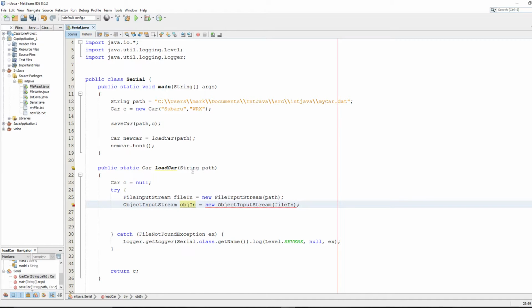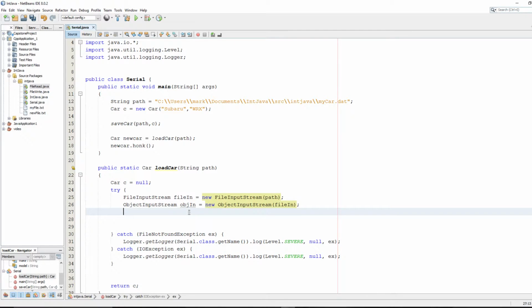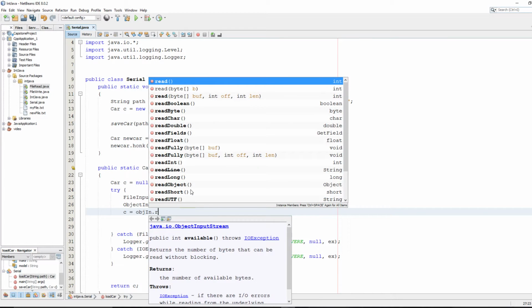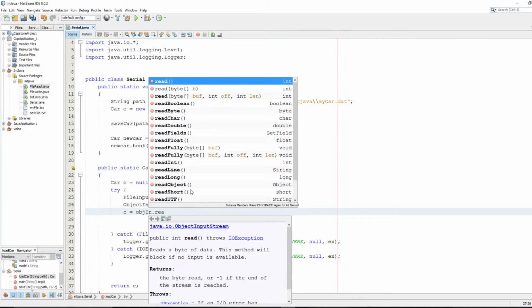Okay, and it's going to want to add a catch clause that's going to catch the IOException, just like the last tutorials. Okay, so now that we have our ObjectInputStream, we're going to want to read in the object. So we have obj_in.readObject, like so,